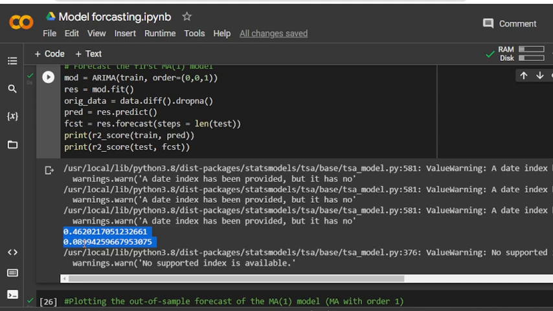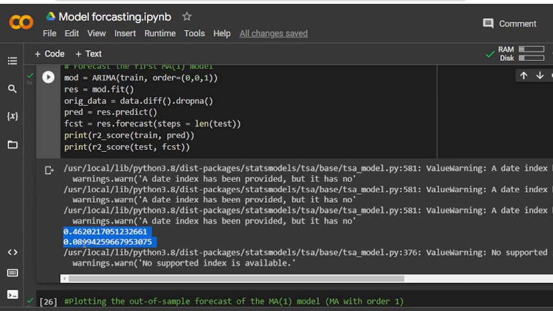Only 9% of the variation in the test data can be explained by the MA model. So it's a very difficult case. The visual of the test data and the forecast should confirm this bad fit.